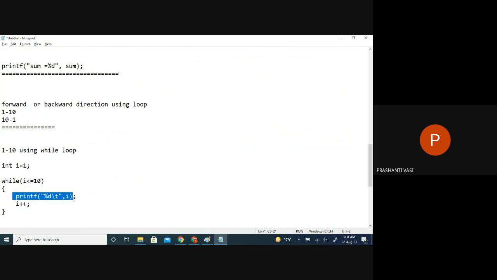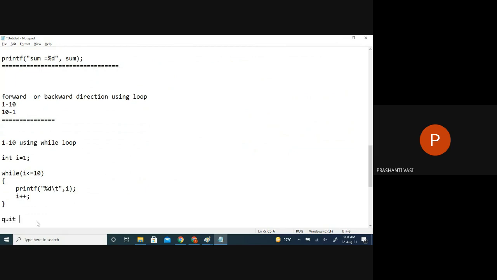After 10 is printed, it becomes 11. When we come back to the condition, 11 less than or equal to 10 is false. Then it quits. So the program will quit at which value? At 11, i is equal to 11, because the condition fails and gives false.